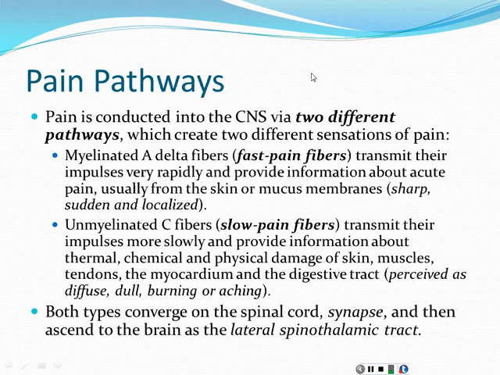All right. So pain comes into the CNS via two different pathways that kind of converge in the same path to the brain. So we have myelinated A delta fibers, big long name, but basically that just means that myelinated fibers can send information much more rapidly than unmyelinated ones. So the myelinated A delta fibers are usually called fast pain fibers. So what comes through that system is acute, sharp